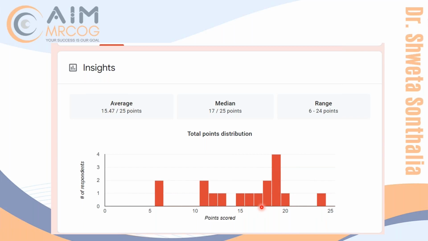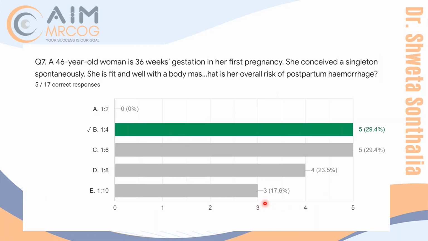Students also judge themselves, which questions they are doing wrong and which are right. Accordingly, they get an idea, and we also get an idea of which questions most of them are doing wrong. Like question 7 of the mini mock, everybody is doing wrong. Only 5 students, meaning 30%, did it right. So we know that this concept is still not clear for the students. They are still weak in this, so we focus on that area. That way it's a win-win situation for everybody, and it helps us in improving our knowledge. So this is how the mocks work.